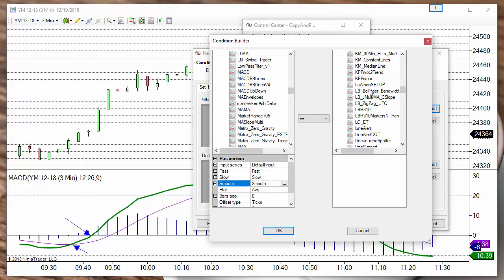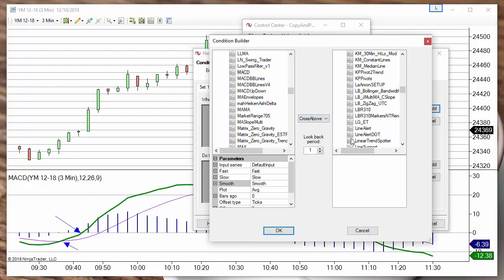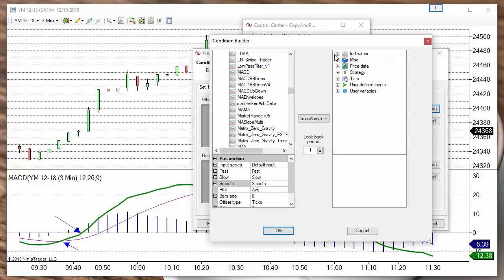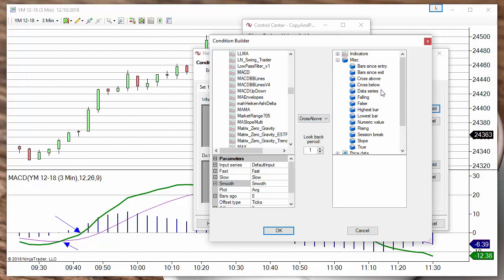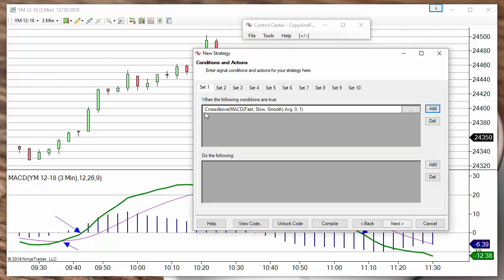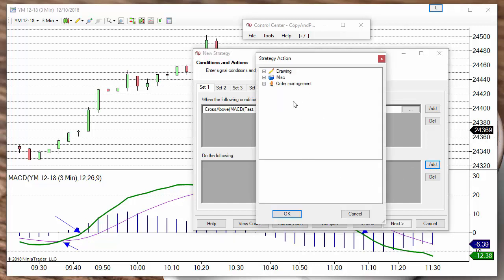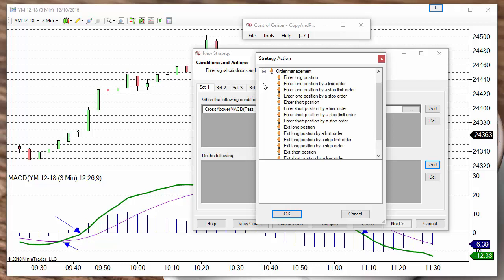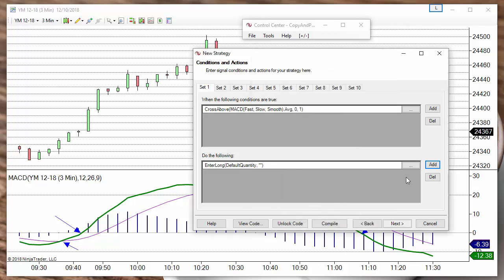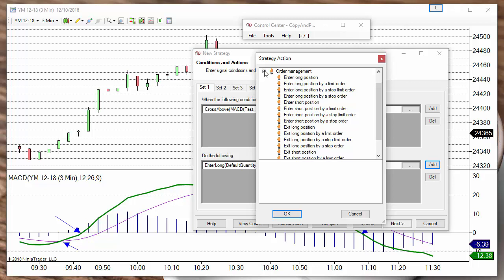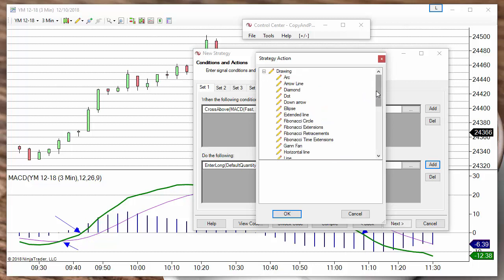So now on the left pane we have the line. On the right pane we need to place a 0, a cross above 0. So we look for the miscellaneous, and inside there is a numeric value. So now we can place a 0. So this is a function, cross above, and now we add actions when that condition is true. For example, enter long, and also we can paint a signal. The easiest signal to paint is a vertical line